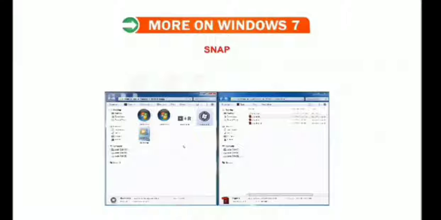That same thing can also be achieved by using the snap feature. Here, we only have to drag our opened windows to the opposite sides of the desktop. And this results in the open windows displaying side by side.